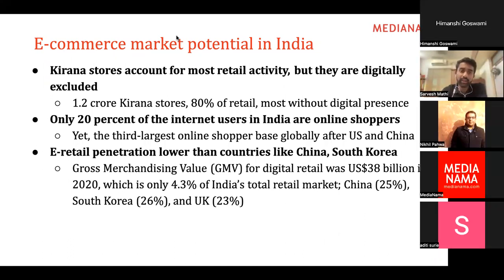And if you look at the e-retail penetration in terms of gross merchandise value, which is a metric used to see how e-commerce companies are doing, the digital retail market in India was $38 billion US dollars in 2020, which was about 4.3 to 5% of India's total retail market. When you compare that to other countries like China, South Korea, and UK, they have e-commerce penetration of 25, 26, 23%. So all this says that there's a lot of untapped potential in e-commerce, and this is where ONDC